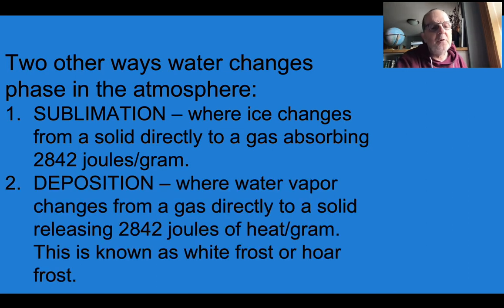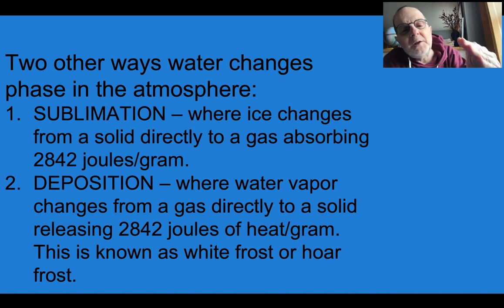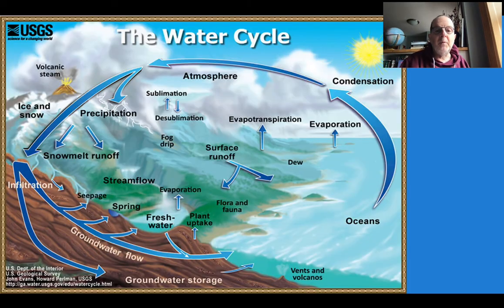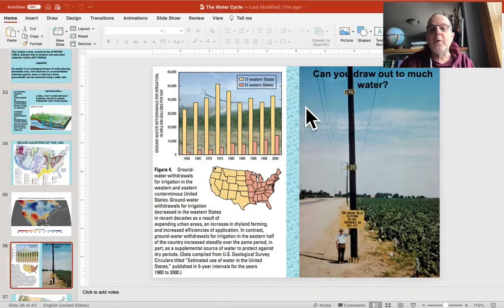Then there's deposition or desublimation, where water vapor changes from a gas directly to a solid, releasing, again, the same number of joules of heat per gram, this time releasing as opposed to in sublimation absorbing. And this is what is known as frost or hoarfrost. And with that, we will stop in order to